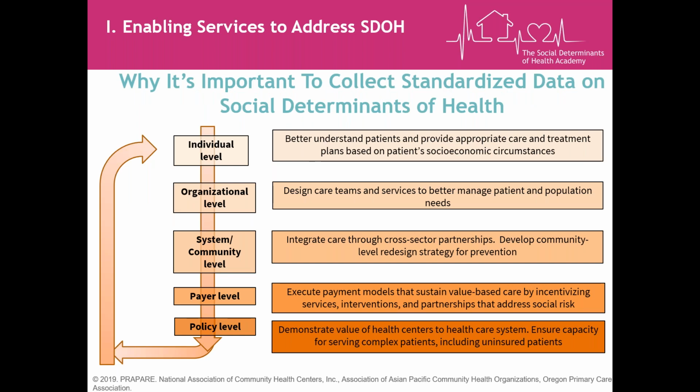So we think social determinants of health data is important and useful at many levels. At the individual level, if you have standardized data on the social needs of your patient, you can better understand the circumstances that they're living in, what might be challenges that they're facing day in and day out that might prevent them from being able to make the healthiest choices possible for them or access resources to help them live healthier lives. So that can really help inform the care and the treatment plan for individual patients. For example, you may not want to prescribe an individual patient a medication that requires refrigeration if you find out that they're homeless, or they might be living somewhere but they're having trouble with their utilities such that their electricity gets cut off and so they don't have refrigeration. Things like that. So having this data can really be used at the point of care to inform care and